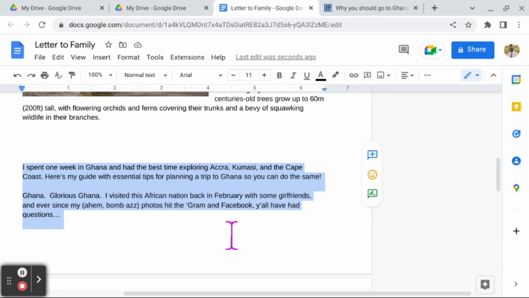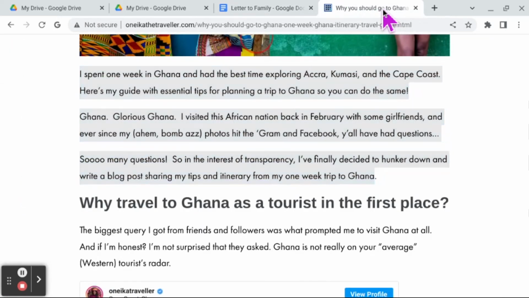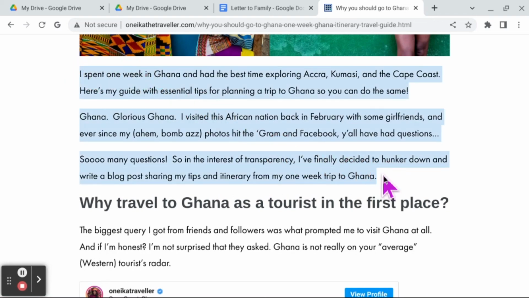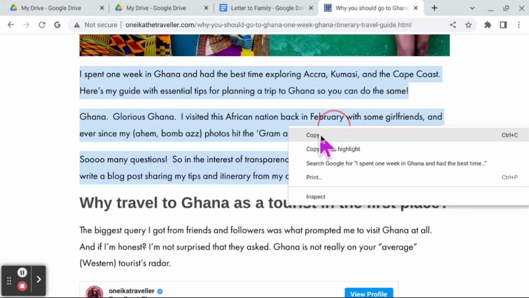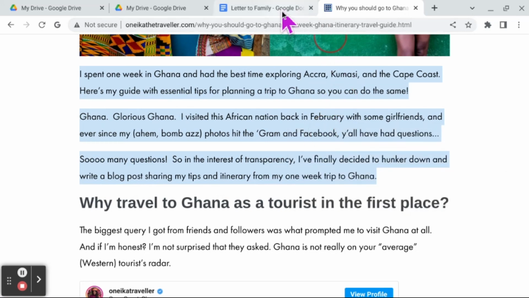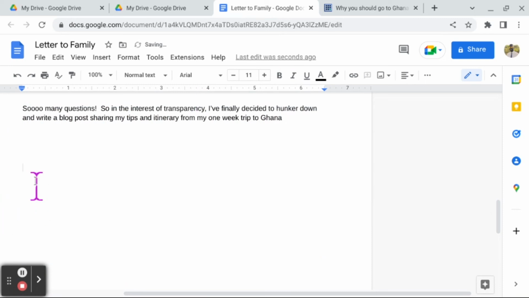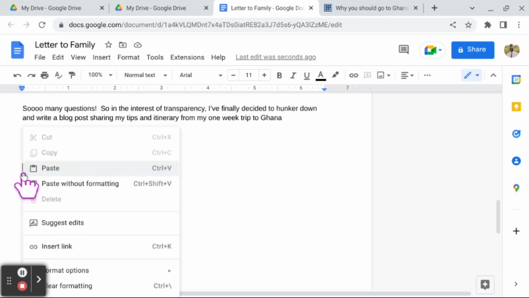If you are short on words, you can head to a tab in your internet browser. You can find some dialogue here. It doesn't have to be specific to what you're doing. And again, you can click and drag across these words. Then you right click on your mouse and press copy. And you can head back to your document. Click on the page. Make sure your cursor is to the left-hand side of the page. And then you're going to right click on your mouse,